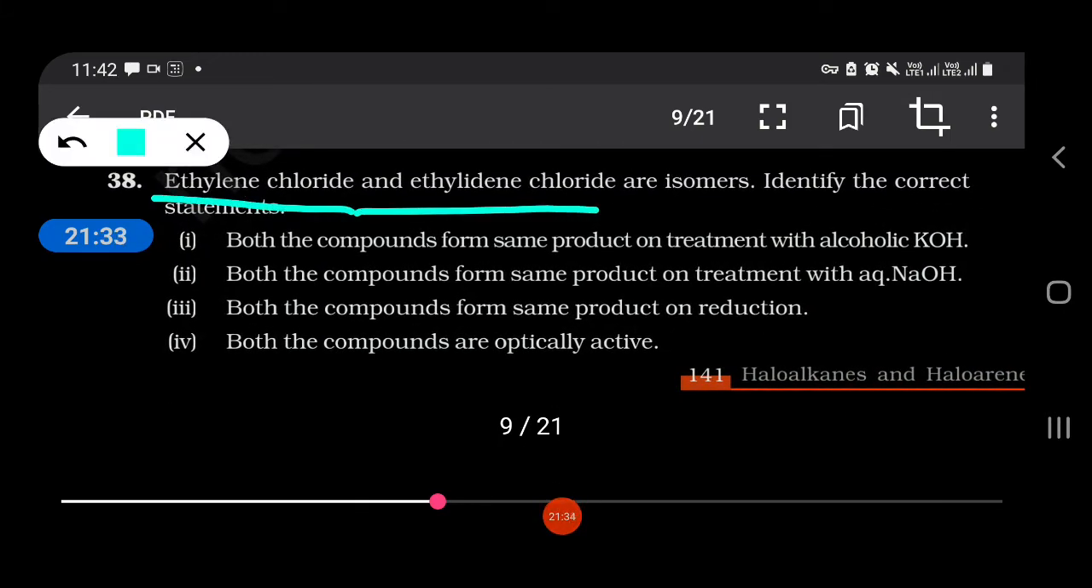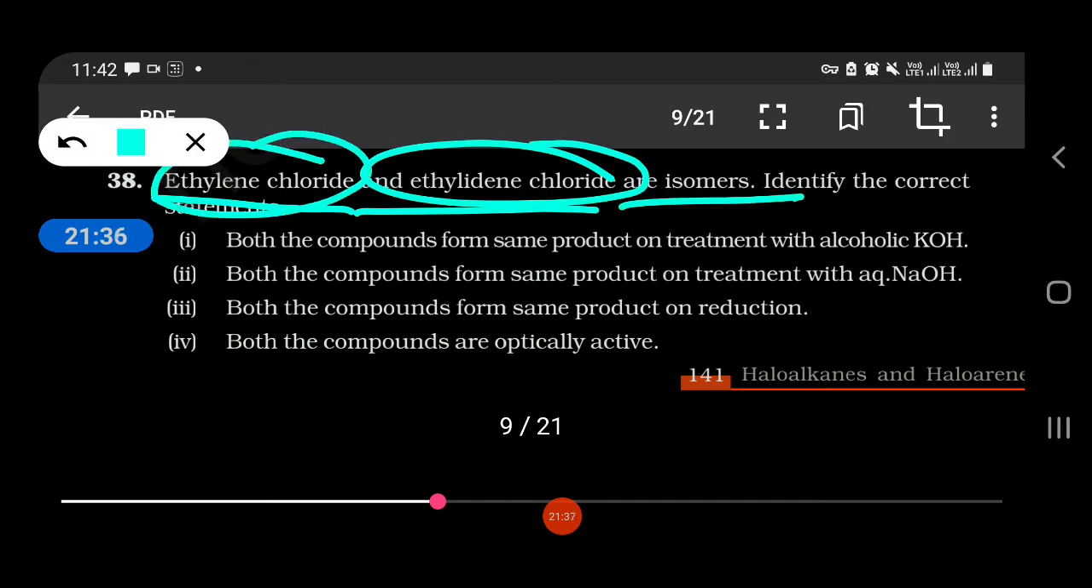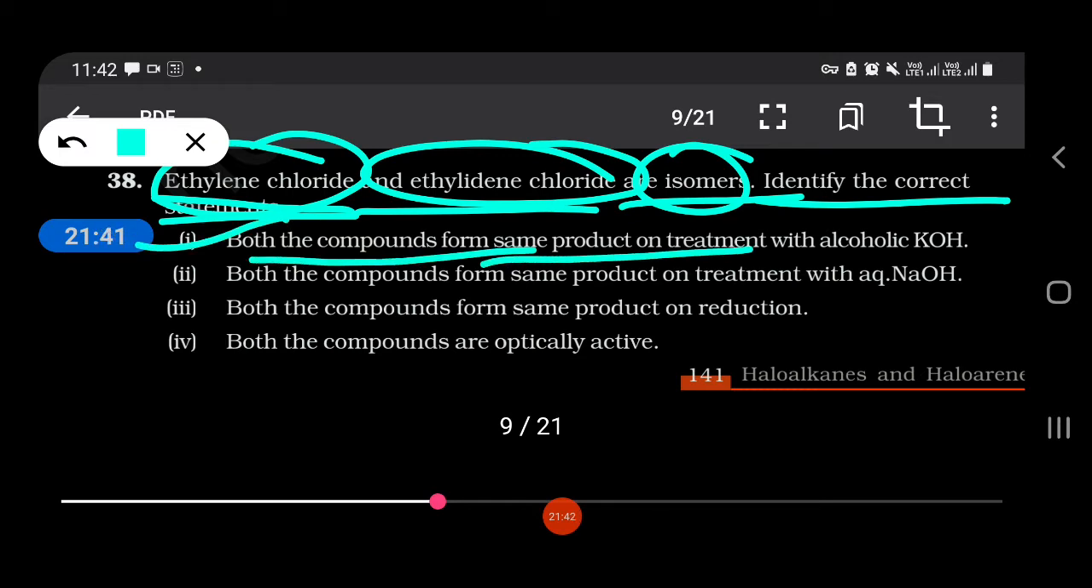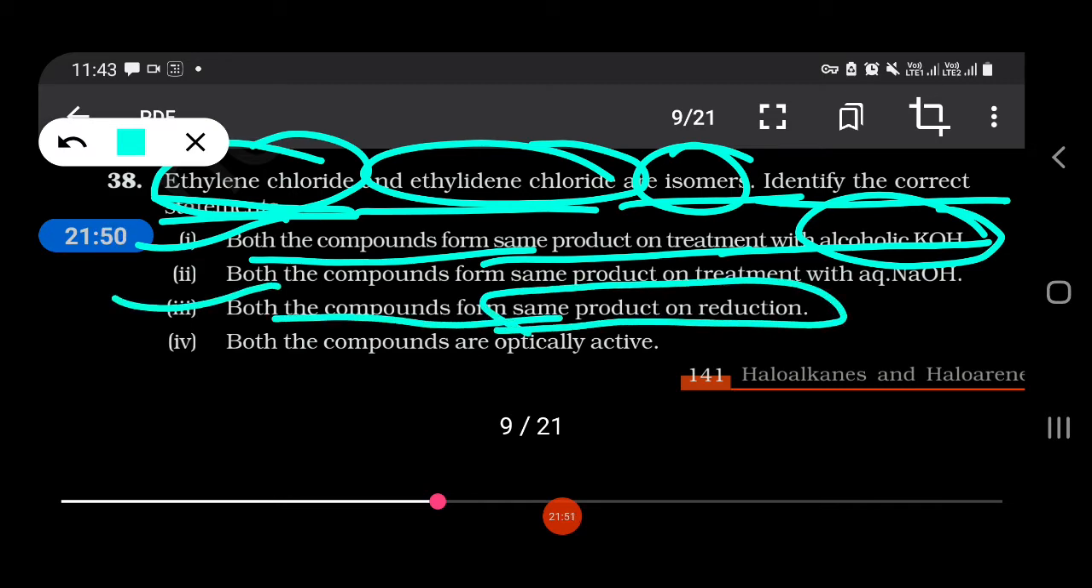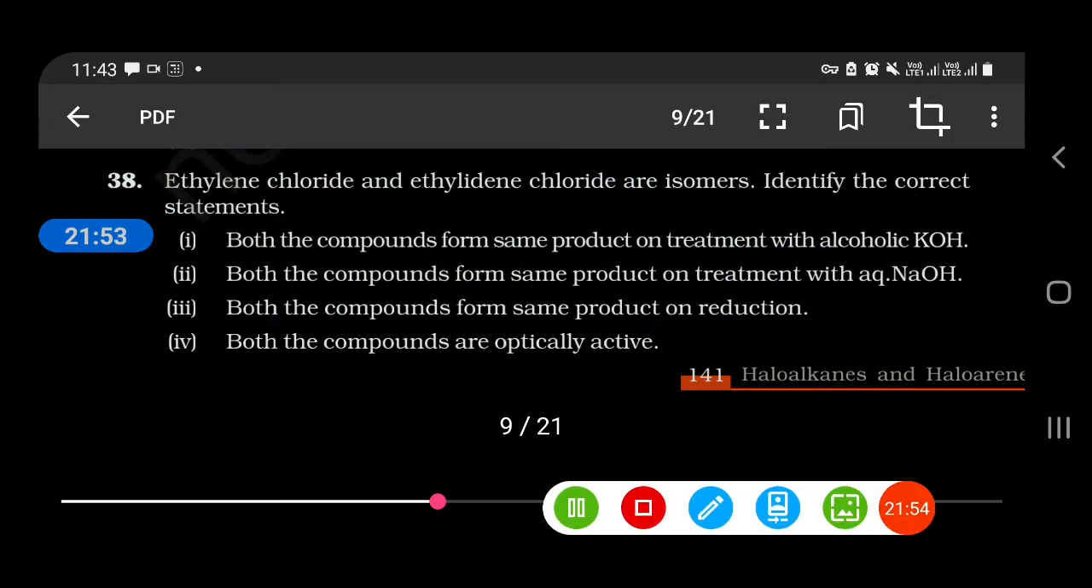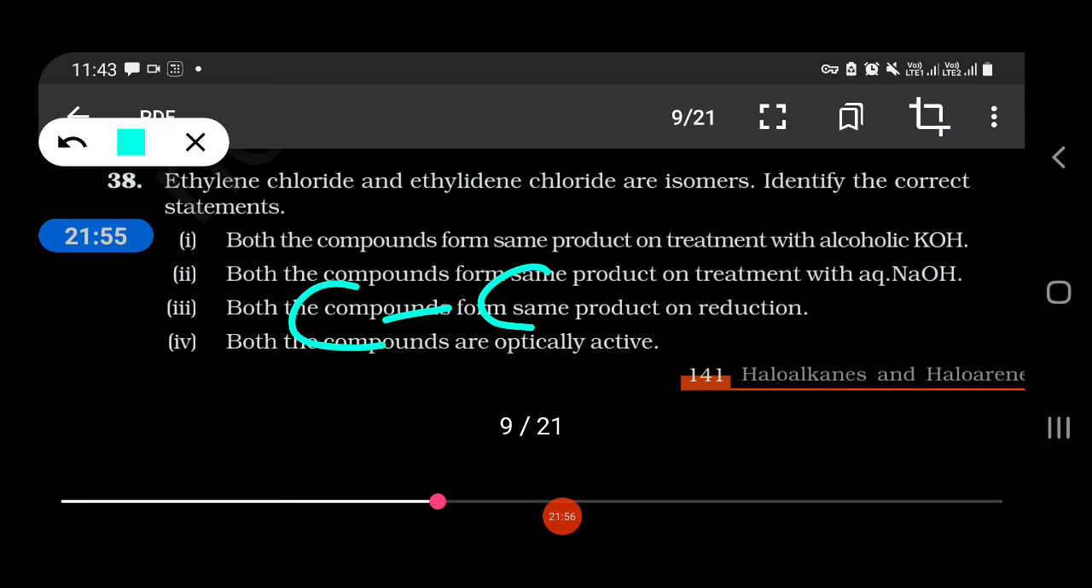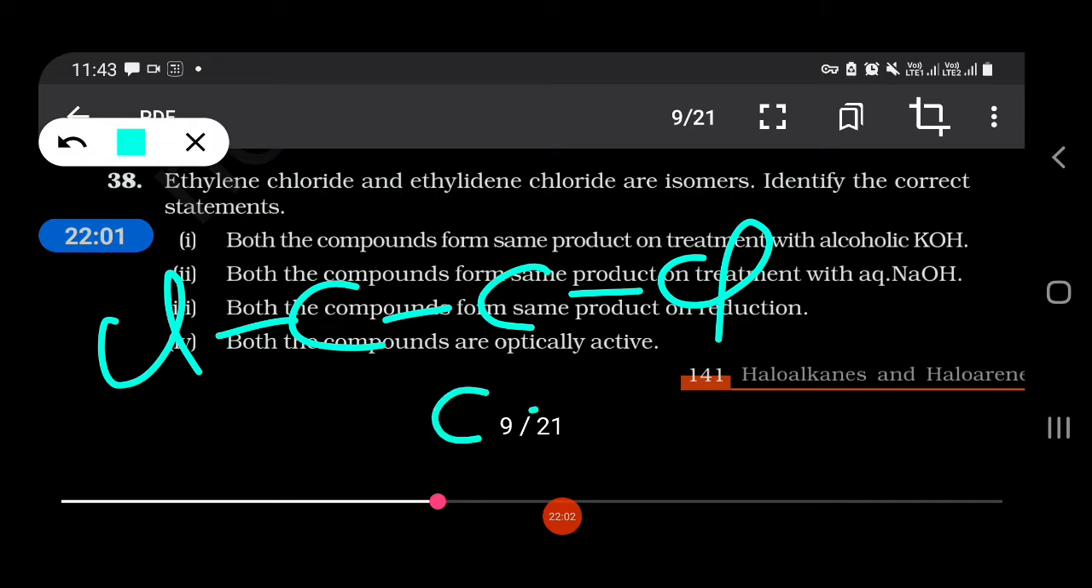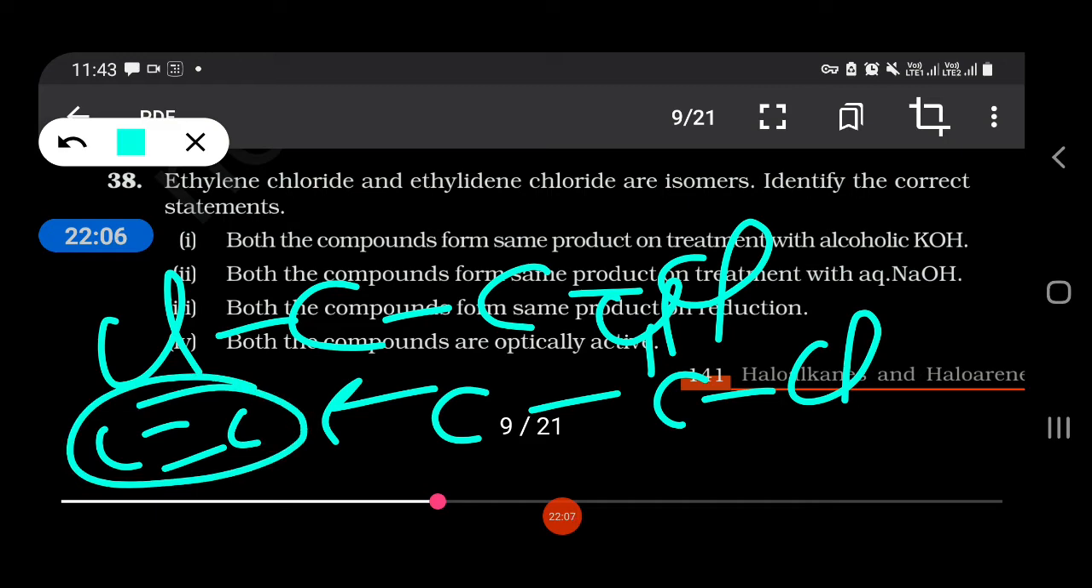Ethylene chloride and ethylidene chloride are isomers. Identify the correct options. Both the compounds form same products on treatment with alcoholic KOH, and both the compounds form same product on reduction. Ethylene chloride, when they will undergo reduction, they will form this one, and when they will react with alcoholic KOH,